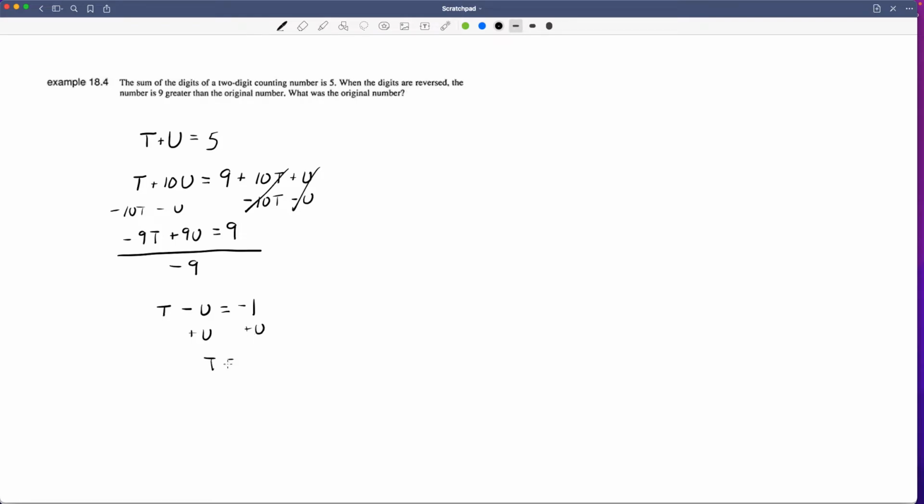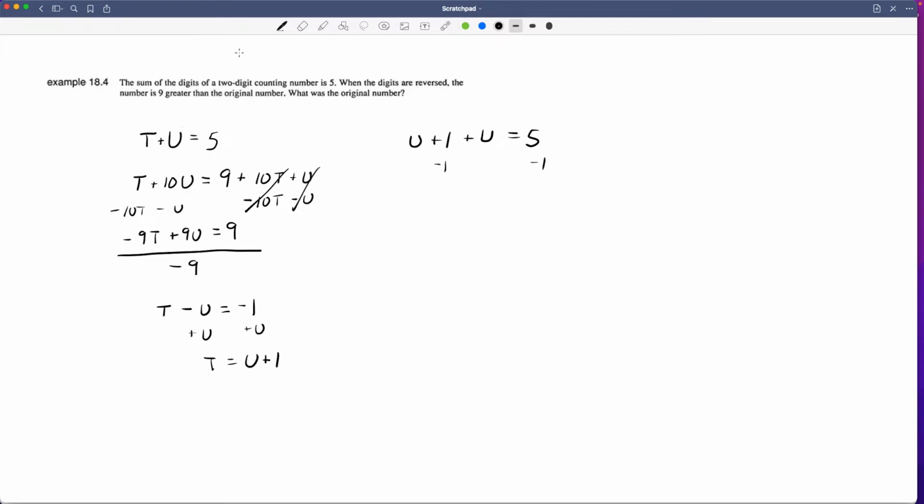So t is equal to u plus 1. Now I can use this to substitute into the original equation. t is u plus 1, plus u, is equal to 5. So this was that substitution value. If I subtract 1 from both sides and add these u's together, I get that,